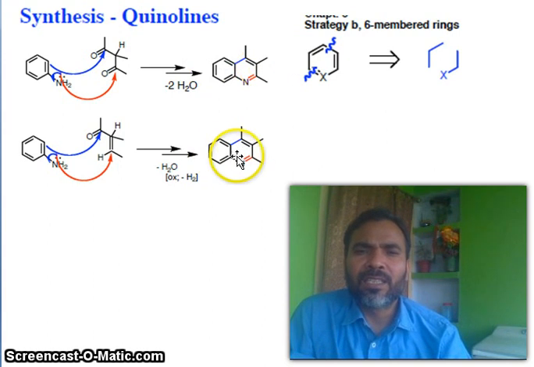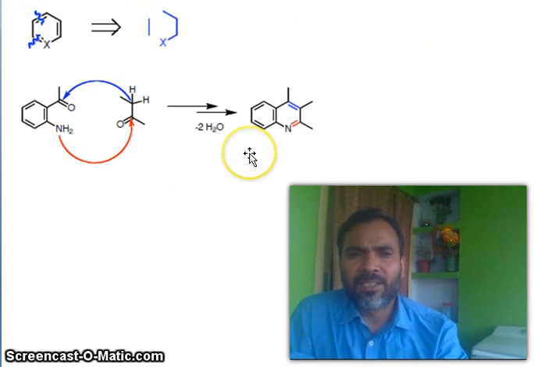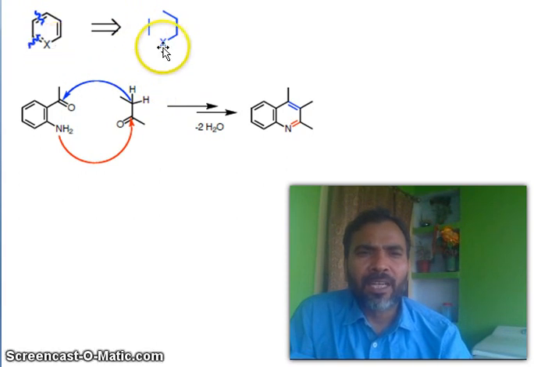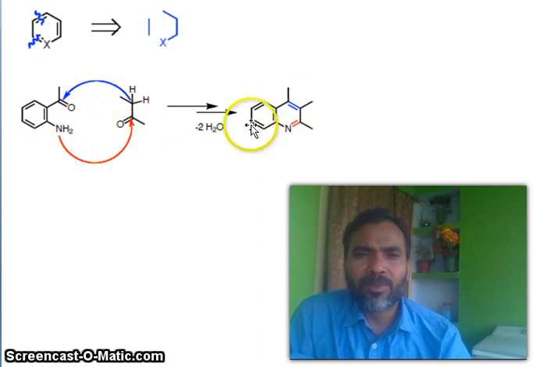What will happen in these substrates? You see 1, 2, 3 carbon is coming from these molecules, and 1, 2, 3 center is coming from aniline and making this. Again, such type of strategy you can also apply here. 1, 2, 3, 4 center coming from one molecule and 2 center coming from another. This is the supplier of 2 center, this is the supplier of 4 center. 1, 2, 3, 4 and 1, 2. You see 1, 2, this methyl is coming here, and 1, 2, 3, 4, and this is